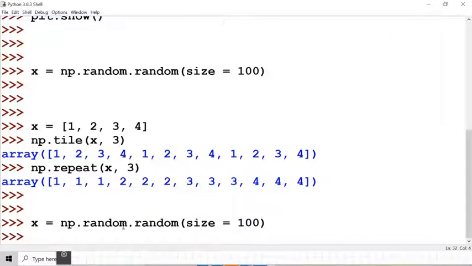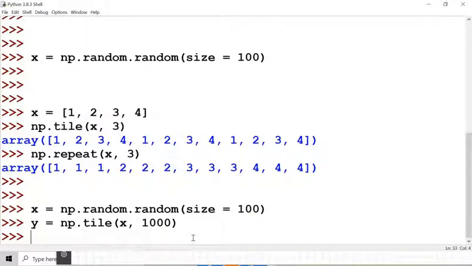Now I create another array y, which is np.tile of x, and say I repeat this 1000 times. So we have 100 into 1000, that means 100,000 random numbers.